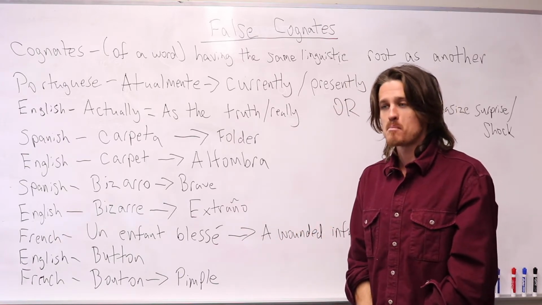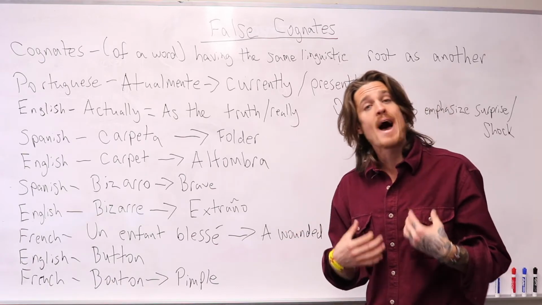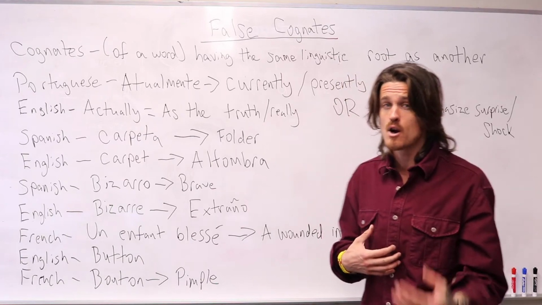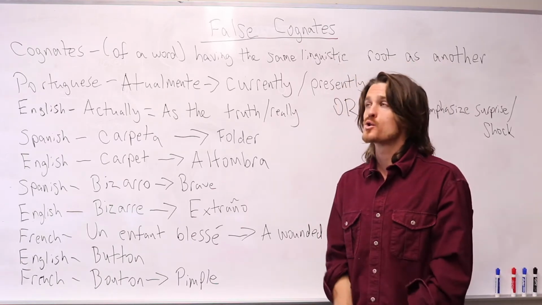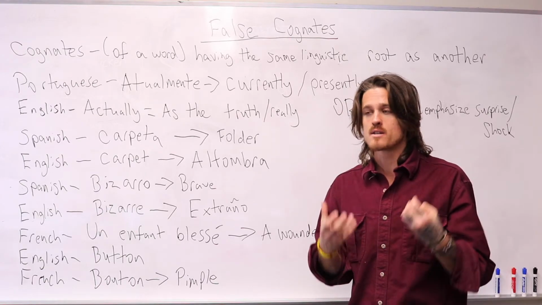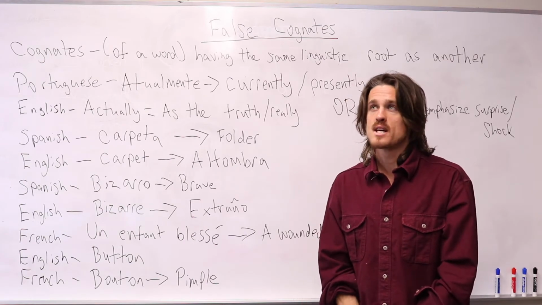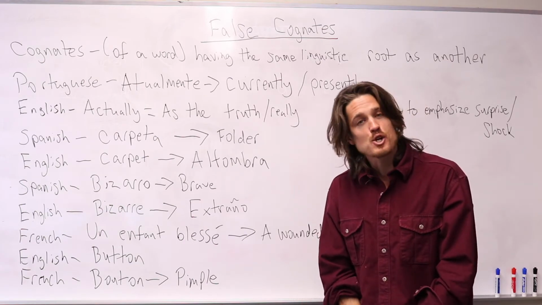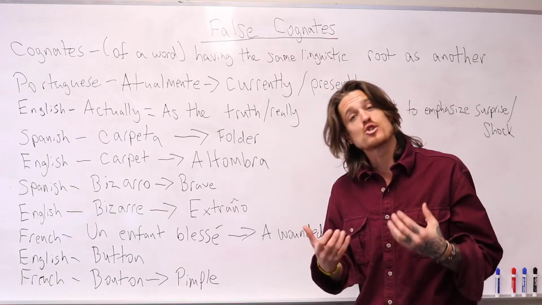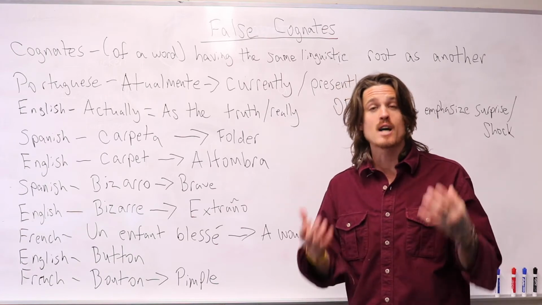So maybe, for example, someone says, are you from Montana? And then someone says, no, I'm actually from Idaho. So they're using actually to correct somebody there. Or actually can also be used to emphasize doubt, shock, or surprise. So if someone says, I can't believe it actually snowed 3 feet, they're surprised at how much snow there was, so they're using actually to emphasize the shock and surprise of it.